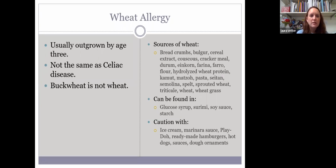Wheat allergies are usually outgrown by age 3. However, they can continue. Wheat allergy is not the same as celiac disease, and buckwheat is not a wheat. Sources of wheat are vast because wheat is so commonly found in a lot of products. Here, it can also be found in glucose syrup, surimi, soy sauce, and starches. Always be cautious with ice cream, marinara sauce, Play-Doh, ready-made hamburgers or hot dogs, sauces, and dough ornaments, especially this time of the year. With products like ready-made hamburgers, hot dogs, and Play-Doh, wheat can be a component in any product,